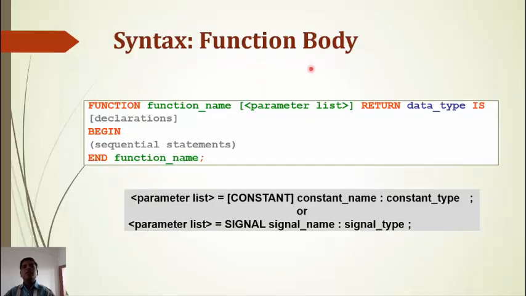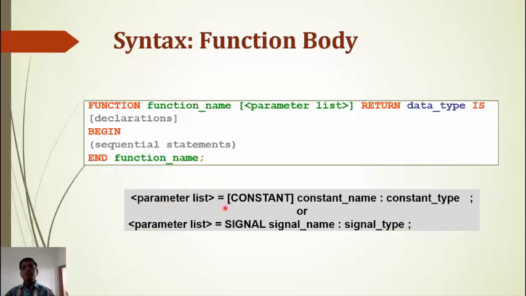Syntax for function body: function function_name [parameter list] return data_type is, then some declaration statements must be there. Begin, some sequential statements, then end function_name;